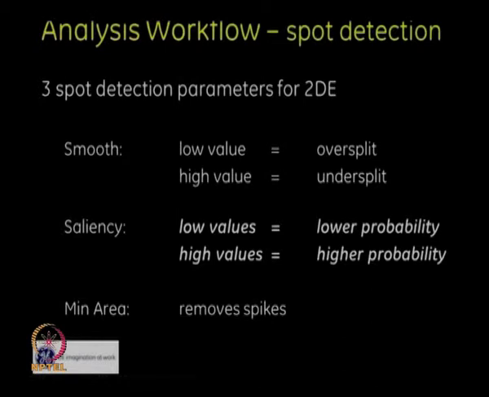Okay. What about minimum area? Minimum area, most of the time, can be used to easily remove the dust particles, because any protein has a minimum area of at least 5. So we put 5 as the minimum area most of the time, maybe in 90% of cases. It removes all dust particles, and only proteins are taken into consideration. That is why we put a minimum area.